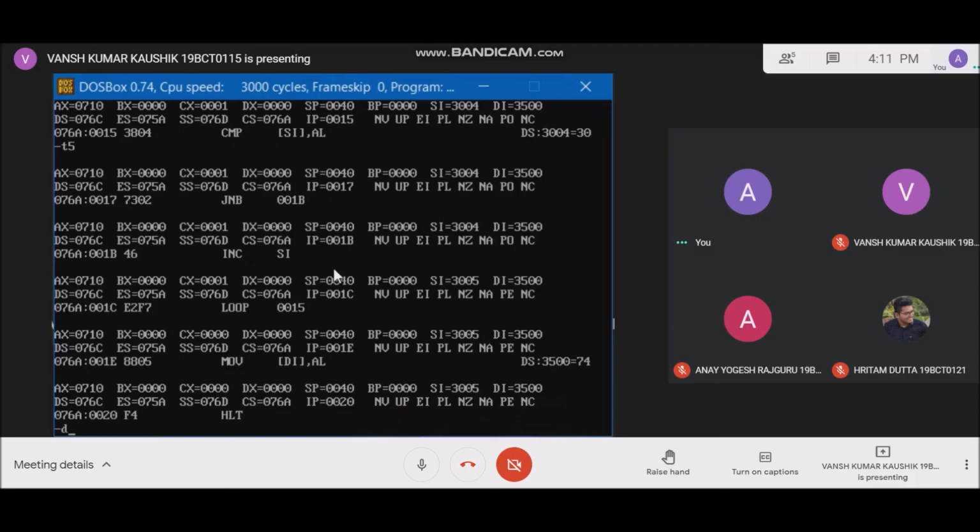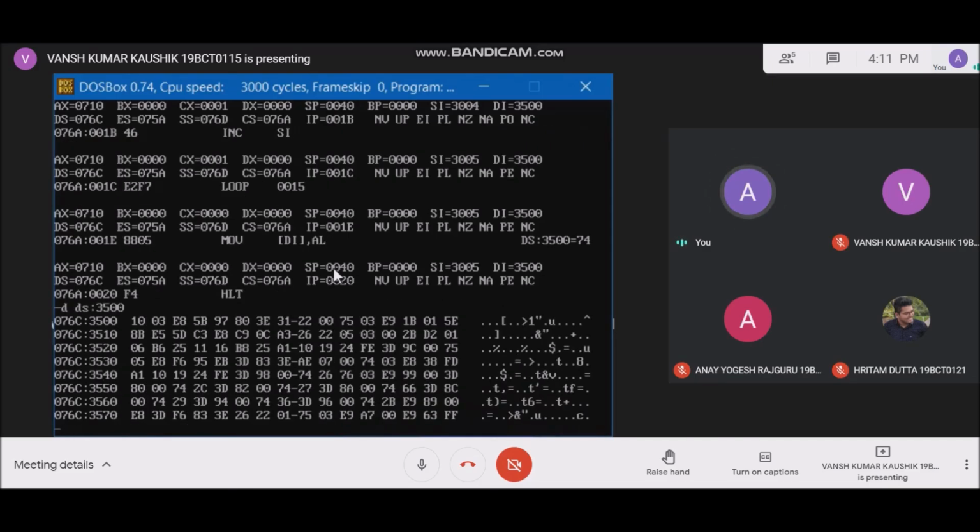As the program has reached the end, we can check the results in the AL register and DI register. The only difference here is that the AL will store the smallest number instead of largest, and at the end the command move bracket DI comma AL will now store the smallest number of the array. So we can see that the location 3500 is storing the value 10, which is smallest of all among them. So we have got the desired output in our desired location. So the program is ended. Thank you.